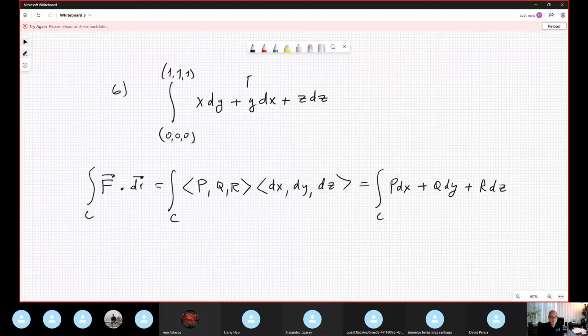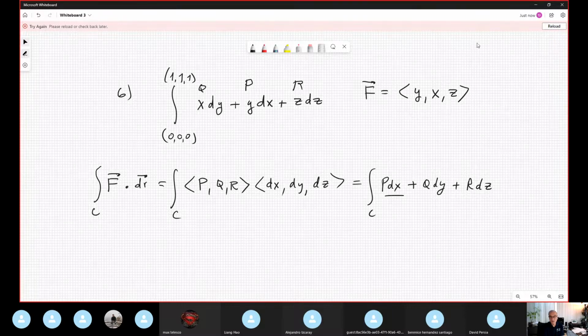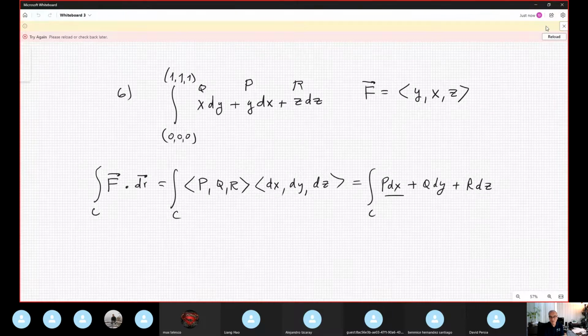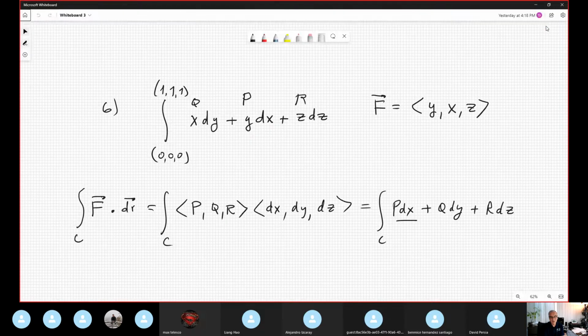This is P because it's, you know, beside the x, no? And this is Q, and this is R. So we discover our vector field is the vector field y, x, z. Entonces I need to investigate if this vector field is conservative. I smell, I suppose that this is okay. It's conservative because